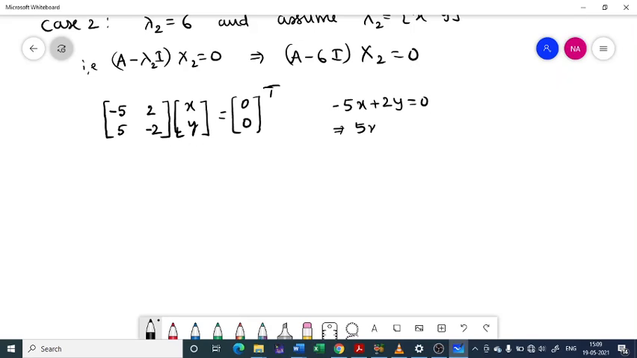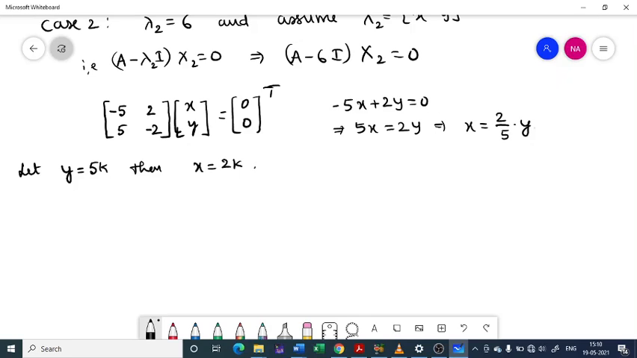So from this we will be getting 5x equal to 2y. So x equal to 2 by 5 into y. Let's say you can choose y any scalar. You are free to choose. So let us try to avoid this denominator in x. Why should we have a denominator? Let us take y to be 5k. Then x will be